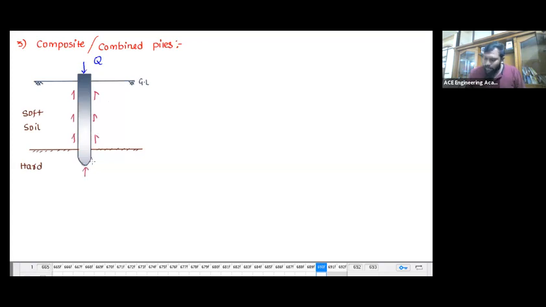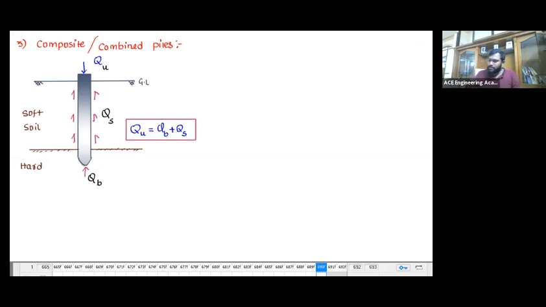And finally the point bearing resistance is also going to be developed, which means the maximum load that this pile can take, QU, depends upon the maximum skin friction developed and the point bearing resistance. So here QU is equal to QB plus QS, where